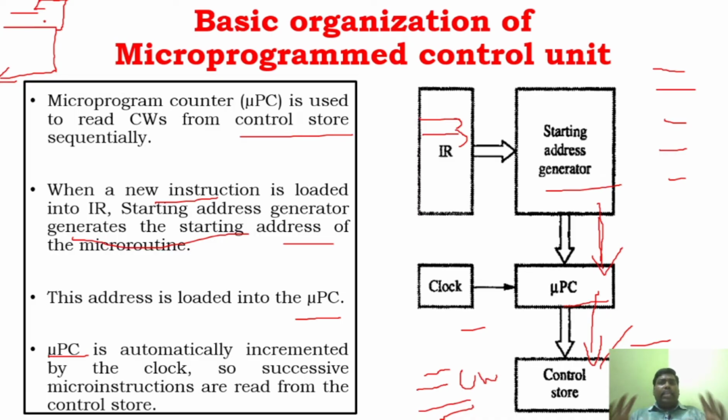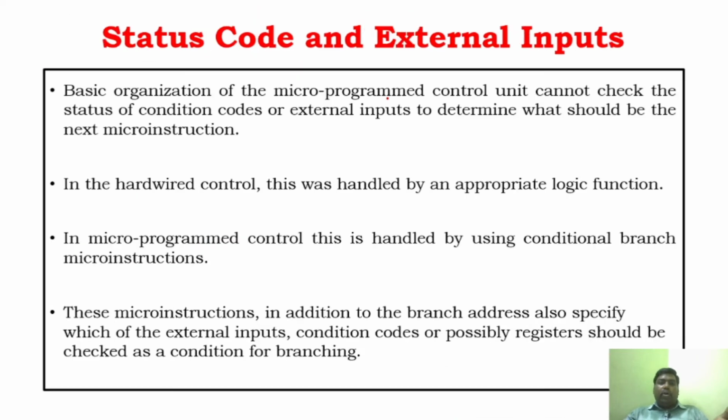So in order to execute the branching instruction, this basic control unit has to be modified in such a way that it can execute branching instructions as well. Normally, in a branching instruction, it will execute one particular instruction and then go to a different location. So the processor has to understand that it should not execute the next instruction; it has to go to the target address. For that, we have to change this basic